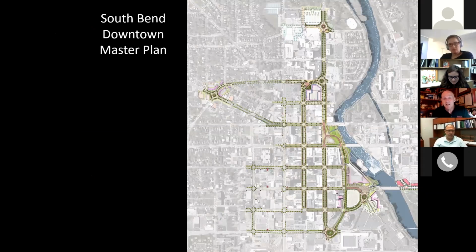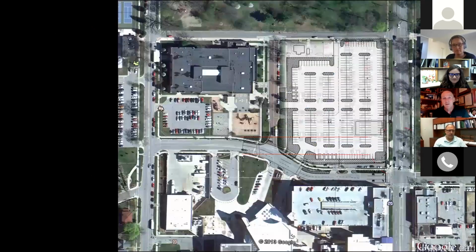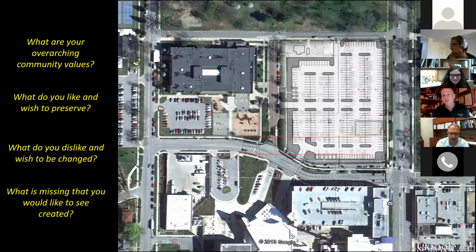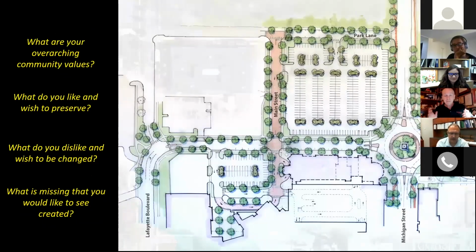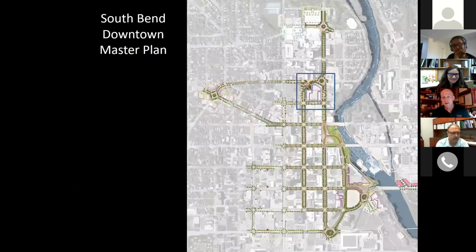So we drew a plan which linked the whole thing together. Then we zoomed in and did some vignettes of the hospital, and I'll just quickly flash through those. The hospital's to the north. The before picture of the hospital was fraught with problems. We worked with the hospital and we drew a plan that aligned with the city's values and what they want to do and the hospital's. And so there's the plan, and next shows it implemented. And so it happened. The reason it got implemented is because we included everybody.